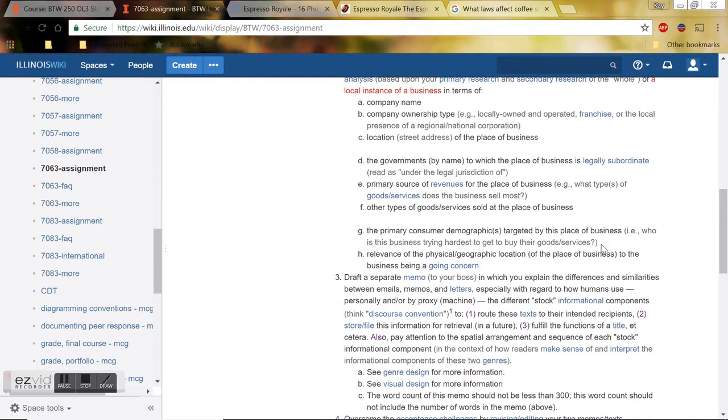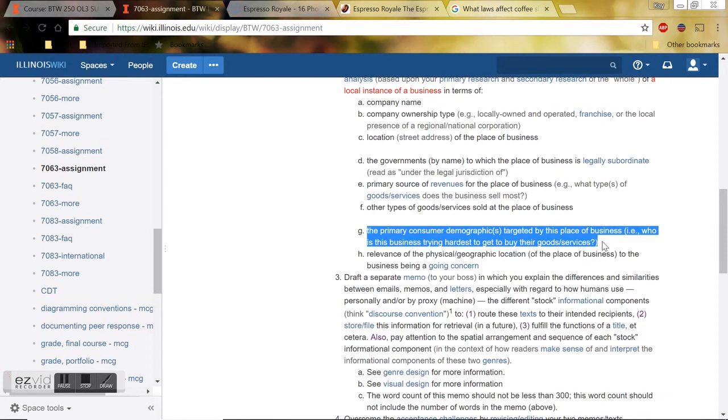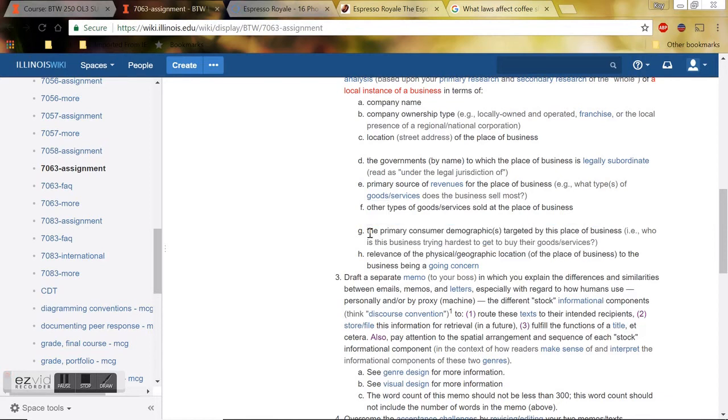Are they college kids, or are they young professionals, or are they in the labor force? That sort of thing. Are they really hip? So on and so forth. So lots of ways to describe the demographic. And so you would want to try to describe that in a very specific way, so that if I hadn't ever been to your local business and I saw the description of the customers, I could maybe pick out someone in a crowd who looks like they would like that business.